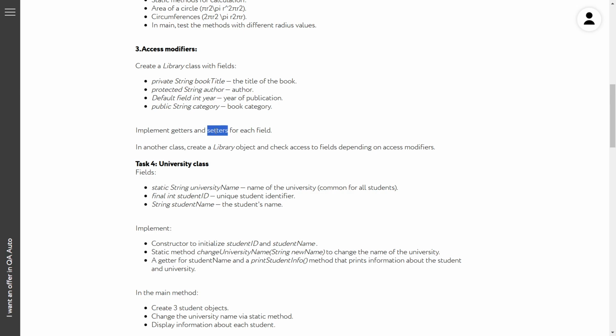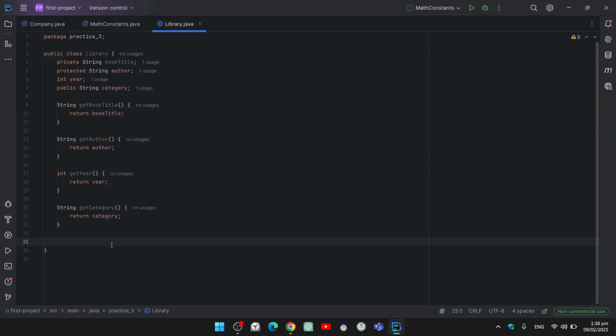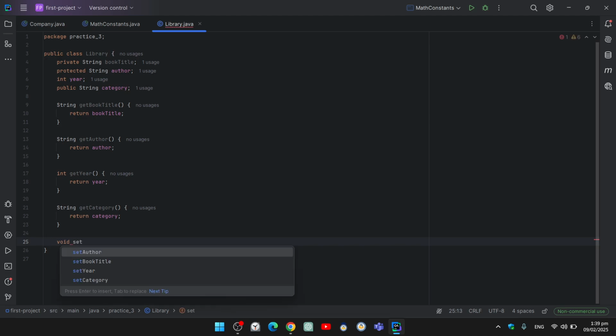Now we're asked to implement setters for each field. Setters are methods that allow us to modify the values of the fields through calling them. Usually setters do not have a return type, and we can write void. Then comes the name of the method, so set, and camel case for the rest. So set book title,